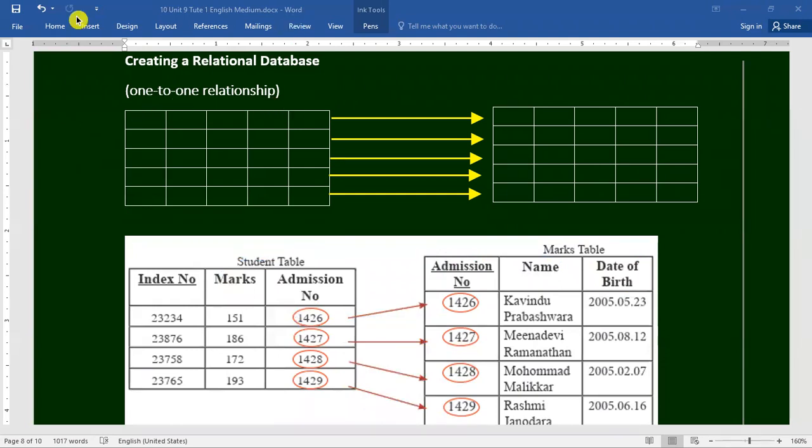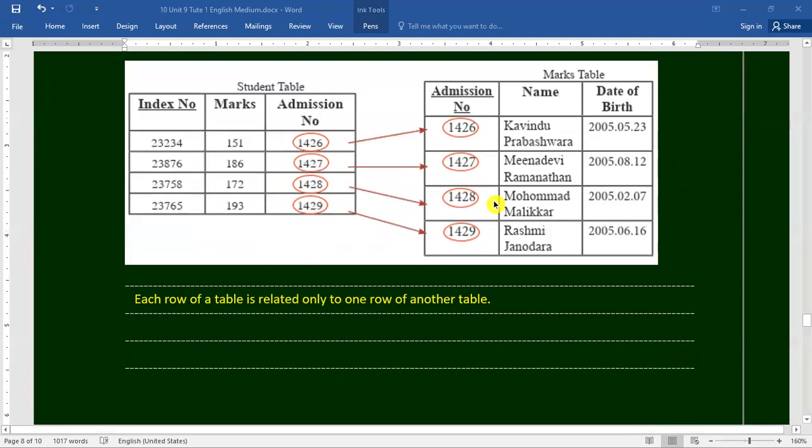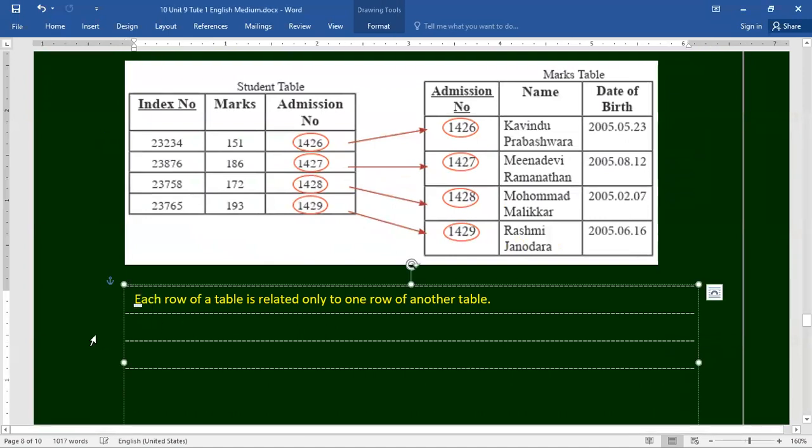One-to-one relationship. And write down: each row of a table is related only to one row of another table.